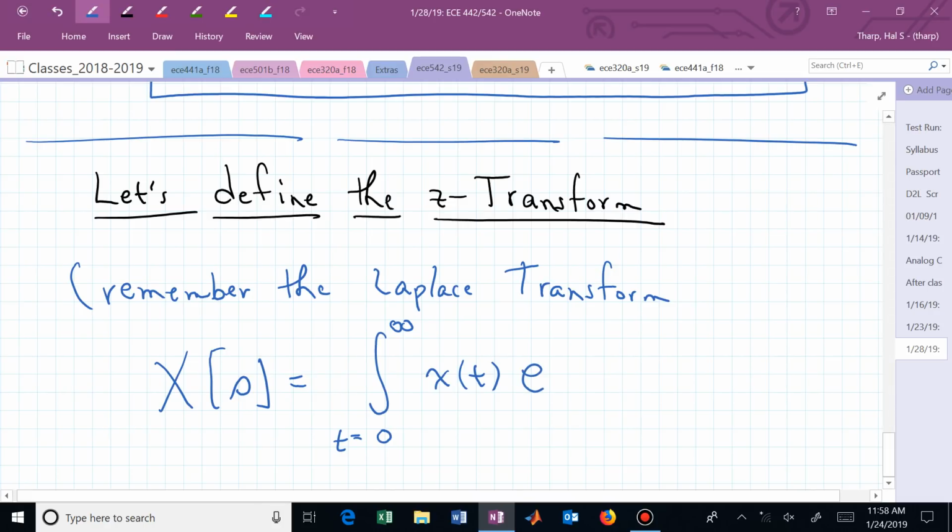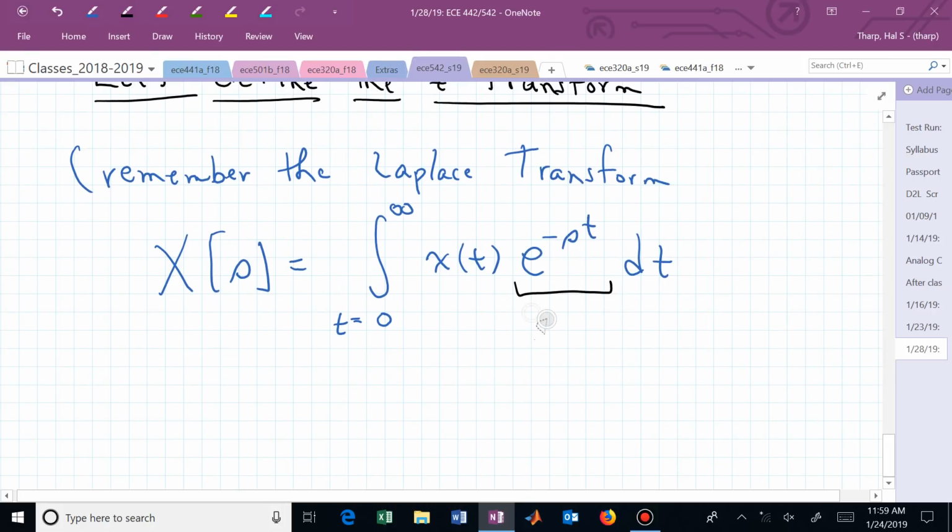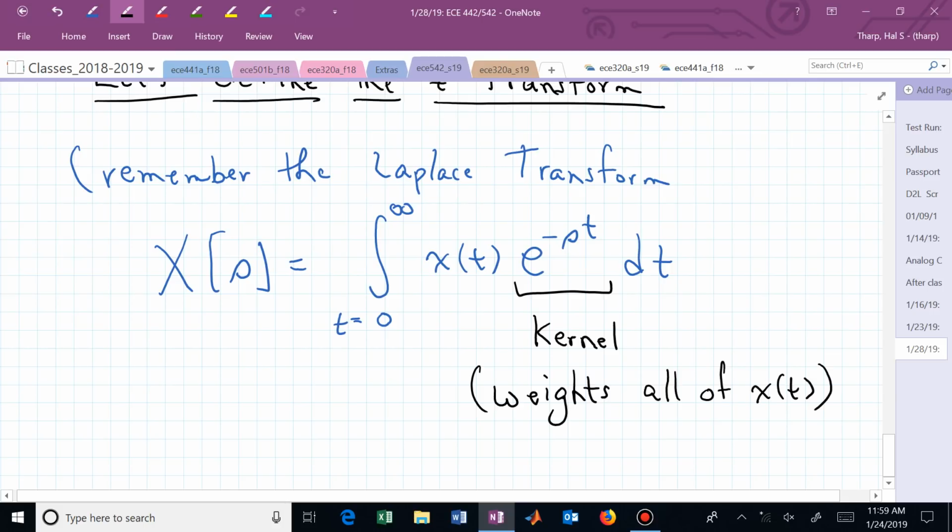We weight it with this complex exponential e to the minus st, and we integrate from 0 to infinity using this weighting for each value of time t. And we could view this as a kernel, or this is just something, and this something is a special something. It's a complex exponential that weights all of x of t for all time. Obviously the weighting depends on the time t and the values of s, but that's